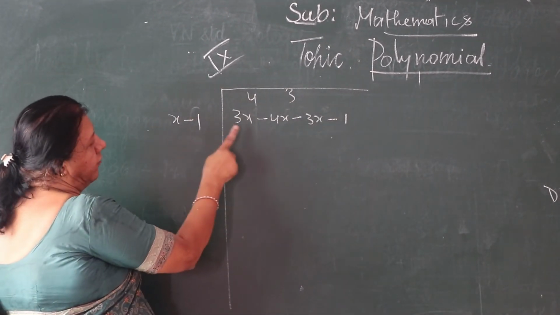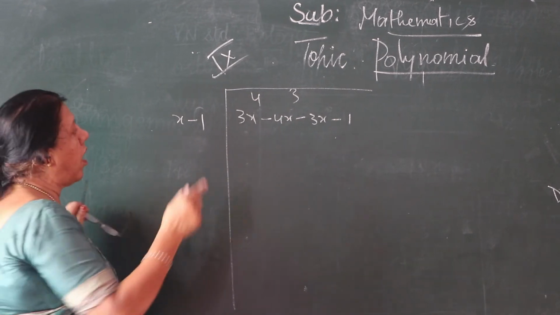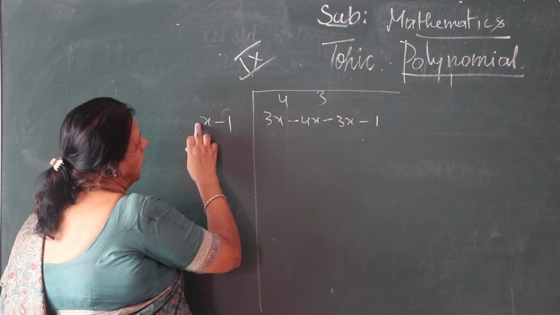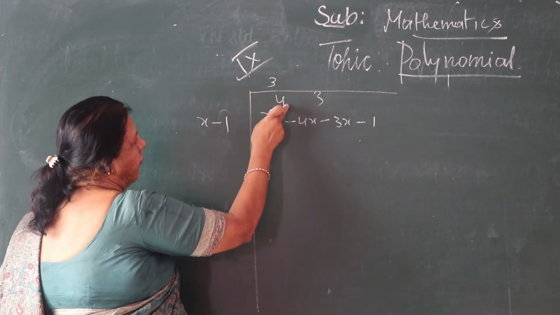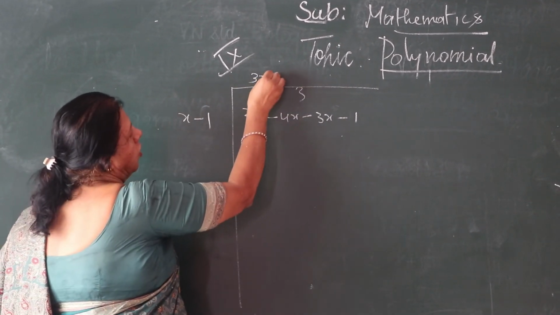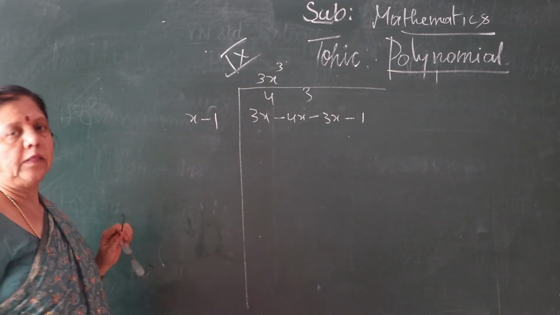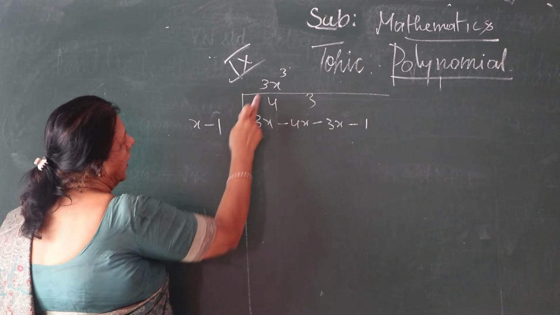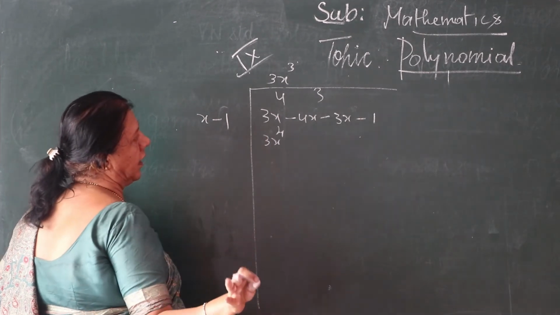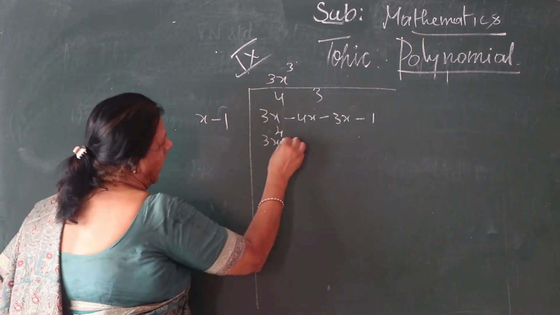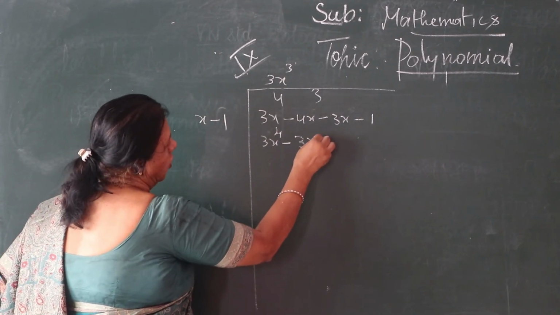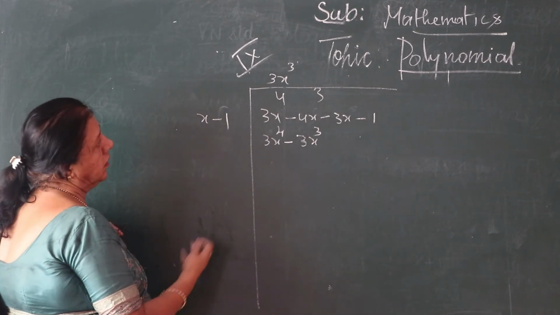Correct. So here x is there. The first term should be cancelled. So what number, if you multiply this, do you get? 3x to the power of 4 is there, and x to the power of 1 is there, so the remaining is 3x cube. Then multiply. Plus into plus only: 3x cube into x gives 3x to the power of 4. It is clear. Once again, plus into minus: 3x cube into 1, the same thing.